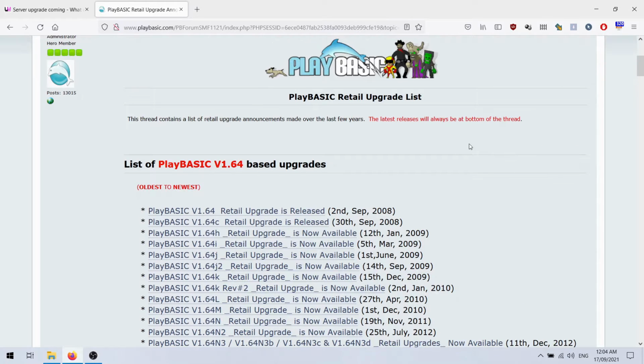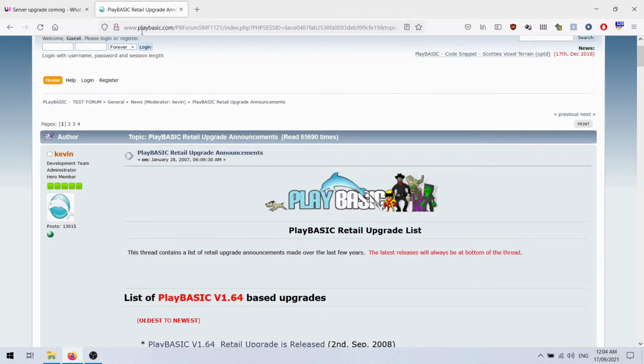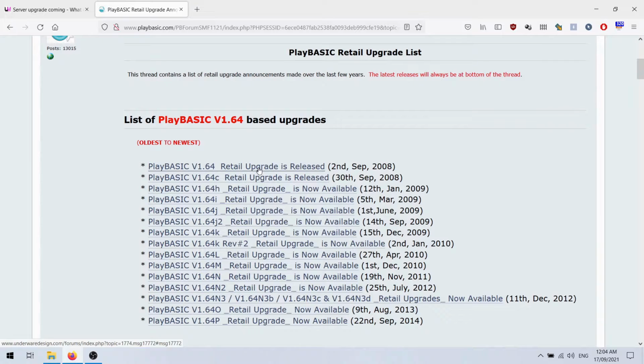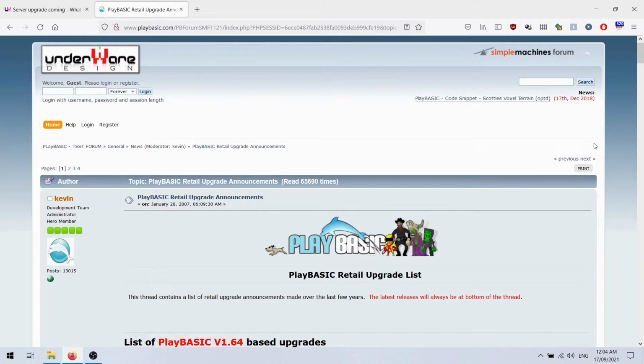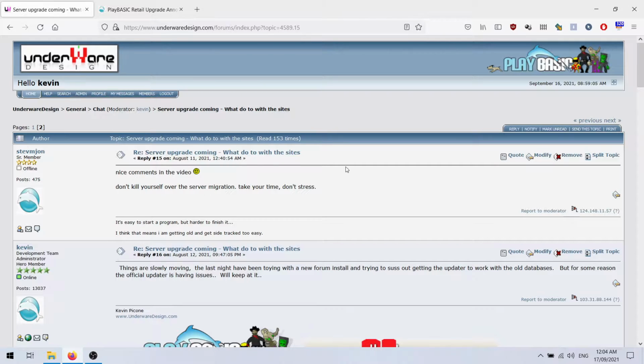So because we're running on PlayBASIC.com here, a lot of these links are still relative back to underwear design. Now, I was gung-ho about wanting to move the forum across like that. I'm not quite sure I'll do it in this step. I might just go back and run